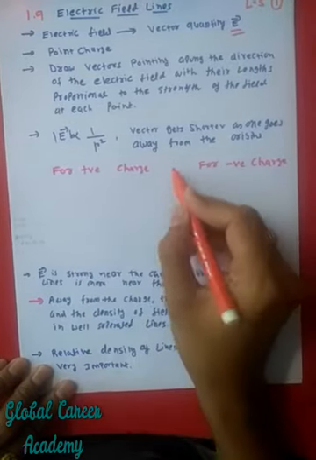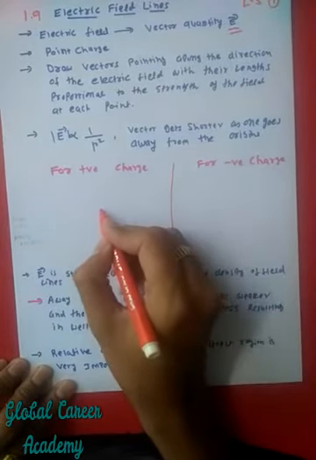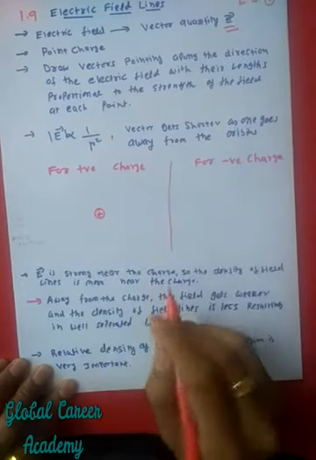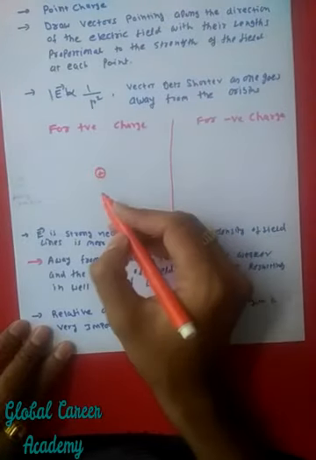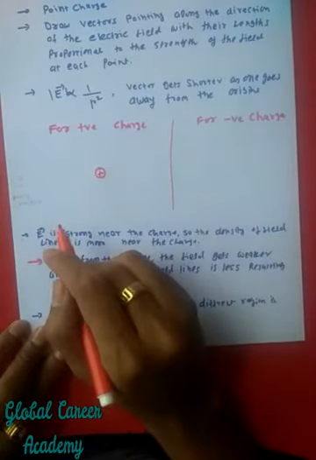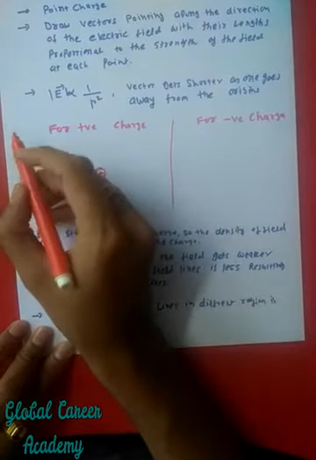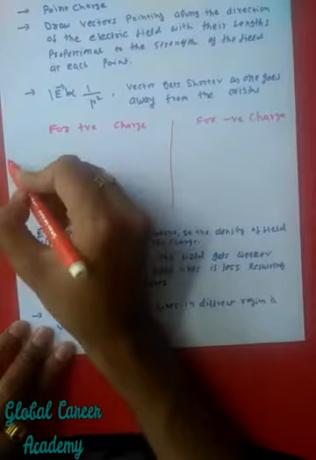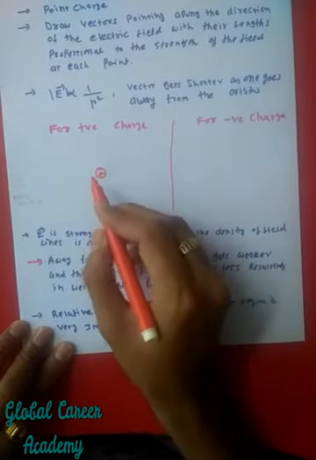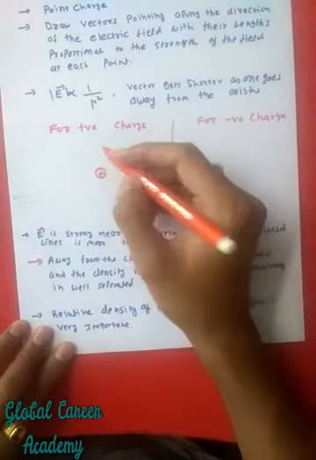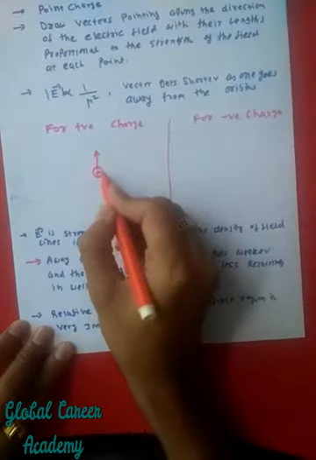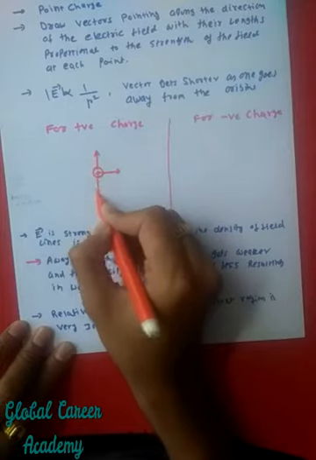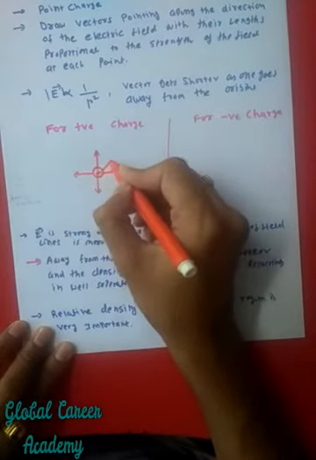So I am considering a positive charge first. Let us say this is a positive charge and consider that to be a point charge. Then I will draw the field lines. We have to understand that the direction of electric field is always from higher to lower. This is a positive charge, so it is higher, and on the lower side you can consider a neutral. So the direction of the field is outward. I'll show it by outward lines. The field is everywhere in all directions, so I am just showing it in all directions, like this.